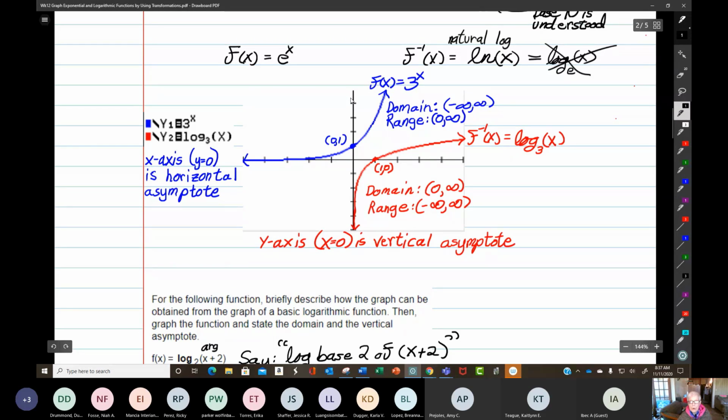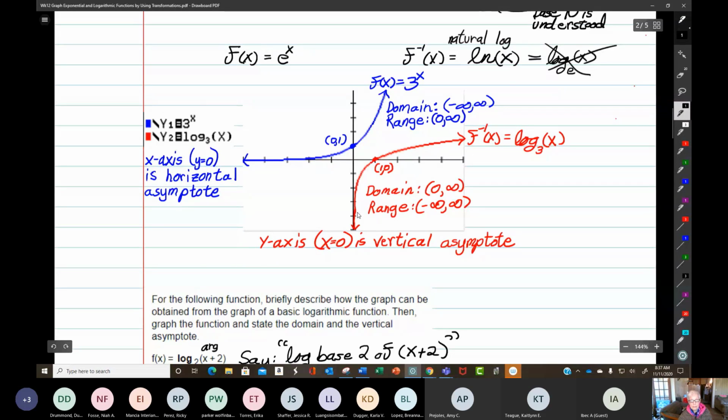It's never going to cross x equals 0, which is the equation of the y-axis. So the domain is parenthesis 0, comma, infinity, because it goes to the right forever,